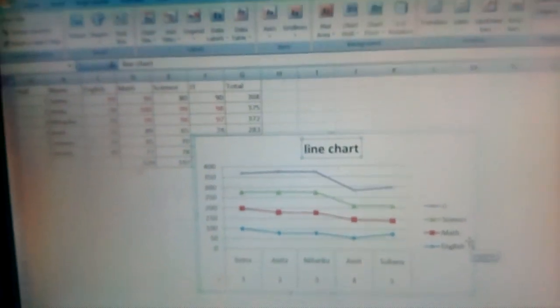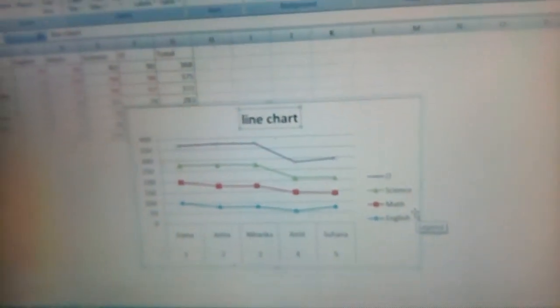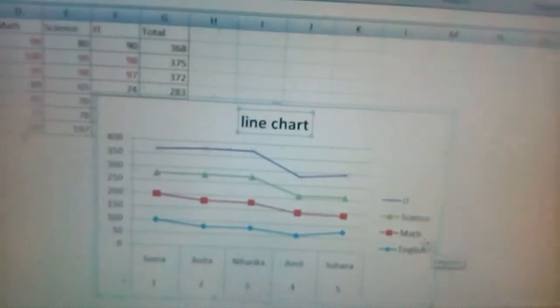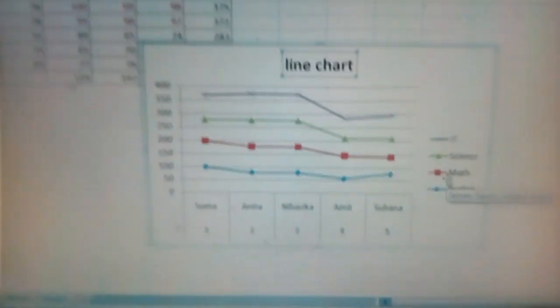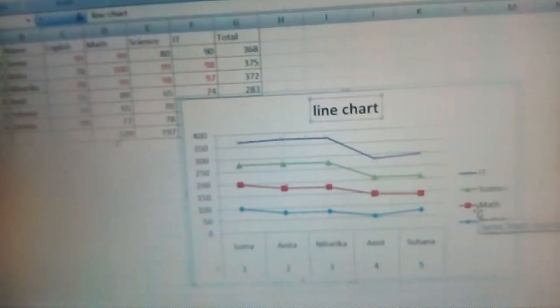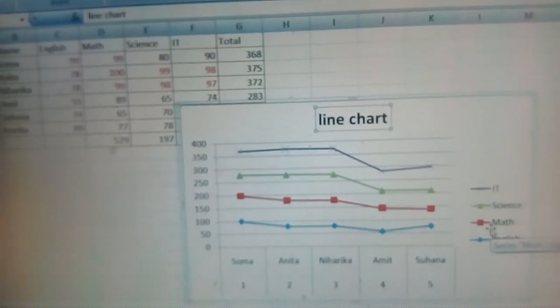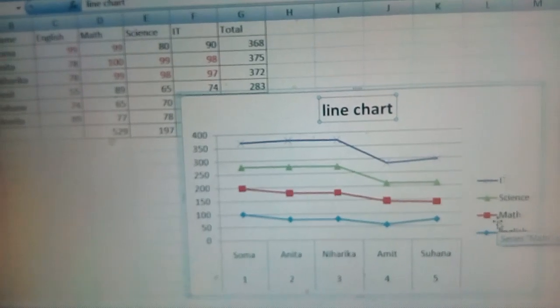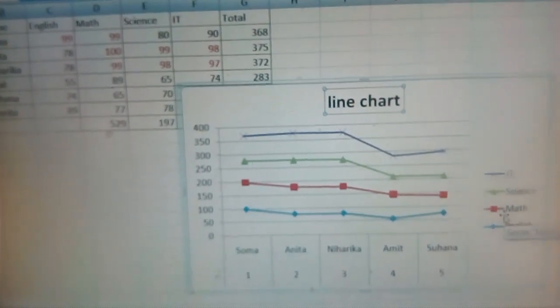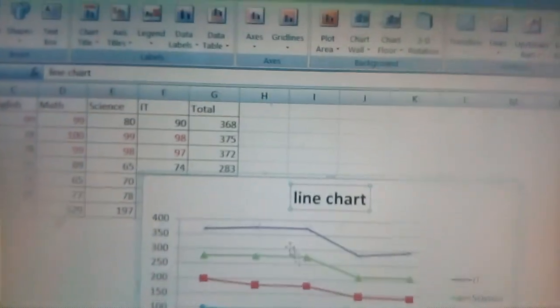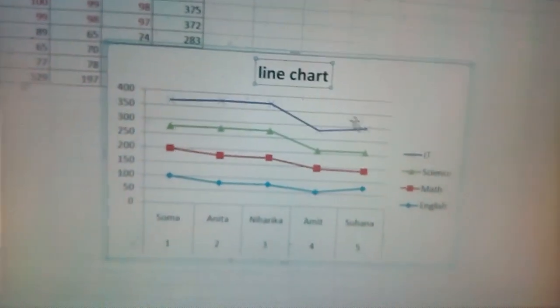So in this way you can change the chart title, and the x axis and y axis also you can do. But in Calc, what you will do is click on Insert Titles. Right click on the white area, the area surrounding the chart, and there you will get Insert Titles. Here we have done it from the layout, but in Calc just right click.